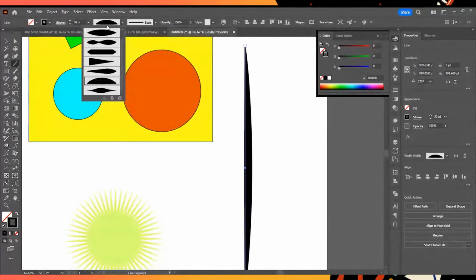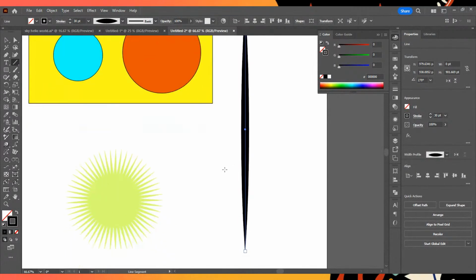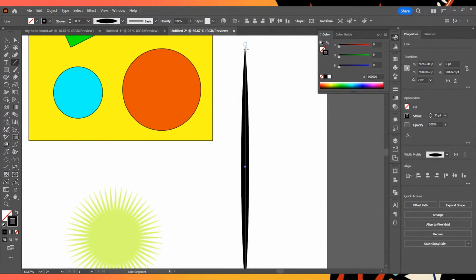It's called the variable width of the strokes. So I want this to be like that, so that it will look like you drew something like that. You know, when you draw something, there's